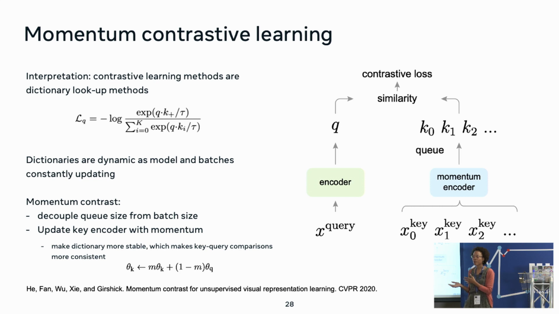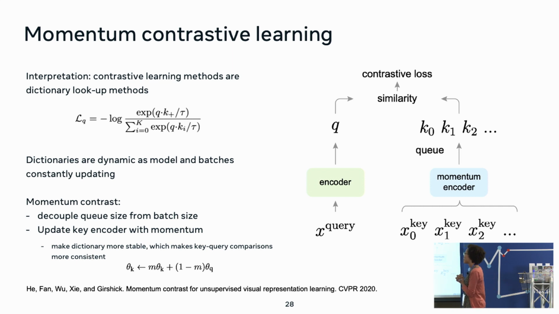So this work proposed to extend the batch size, i.e. extend the dictionary size, by using keys from prior batches, okay? Whereas you have your current batch, which potentially has 1,000 keys, you're going to keep and store in some kind of memory the keys you computed in earlier batches, right? The issue with that is that, as we were mentioning, the keys from earlier batches were generated with an older model, right? And so the keys are not necessarily comparable because they were not generated with the same model. So in order to minimize that issue, the authors proposed to use a sort of momentum computed encoder for the keys,